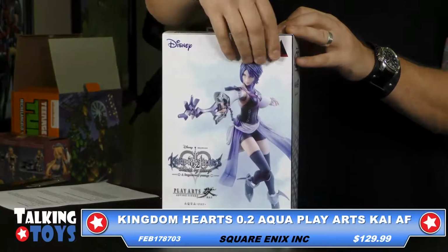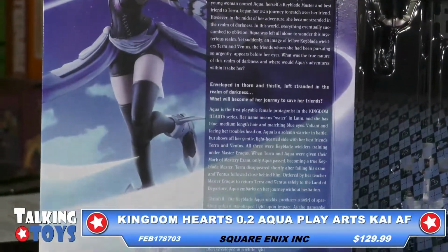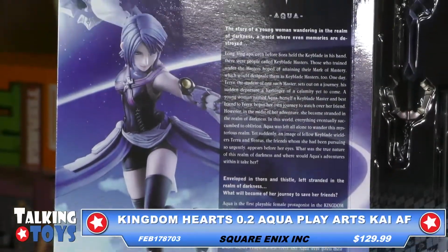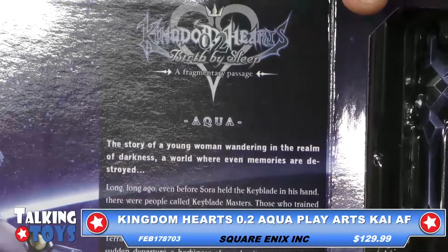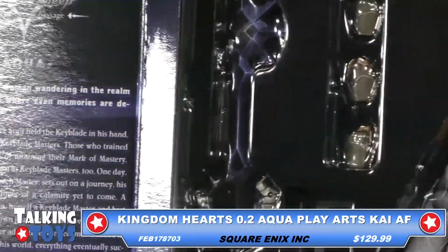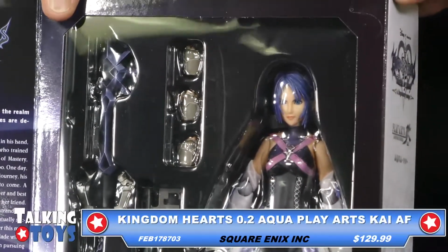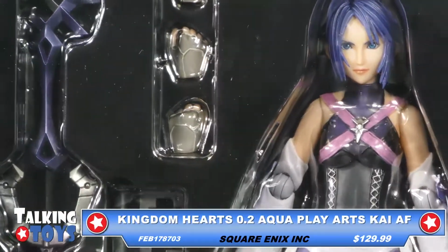It has like a magnetic front to this. You open it up and you will see this figure. You get some good intel on the character itself. Right here they'll show you with the Kingdom Hearts logo. Shows you the story of a young wandering woman in a realm of darkness and all that kind of good stuff. And then she's got all her accessories in here. So this, again, is